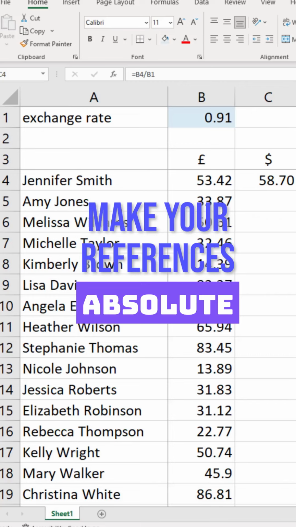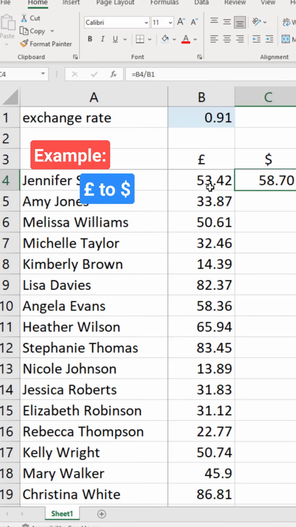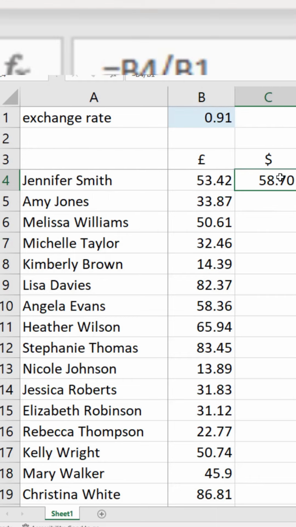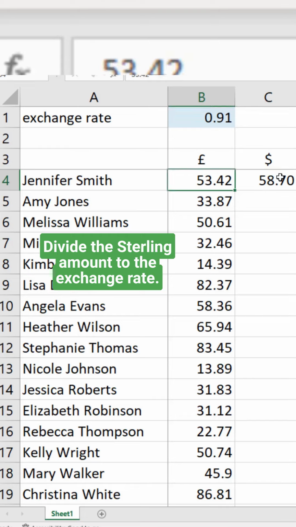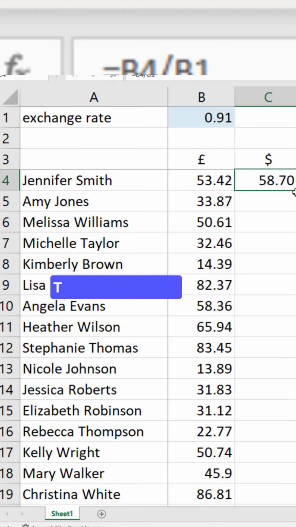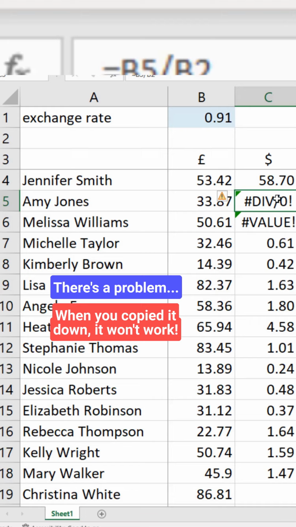So one thing you need to understand is the difference between absolute and relative references. For example, here we have lots of sterling amounts and we want to convert them into dollars, so we put the exchange rate up there, and here we divide the sterling amount B4 by the exchange rate, which is in B1. All well and good, but the problem is when we copy this down, this increments both numbers, so